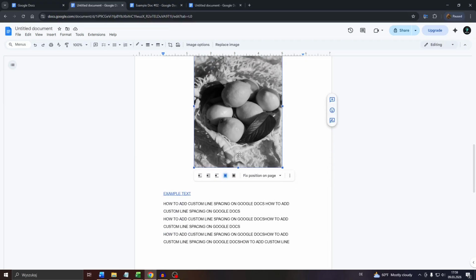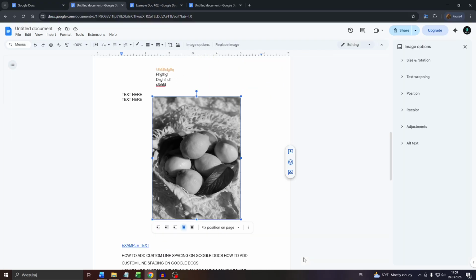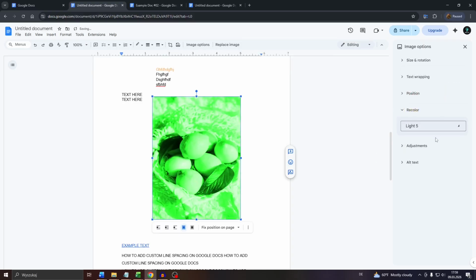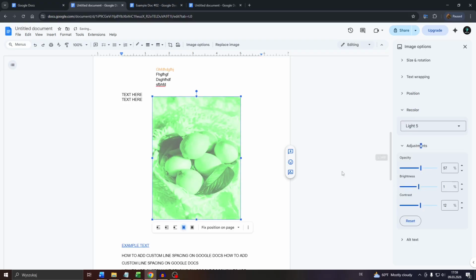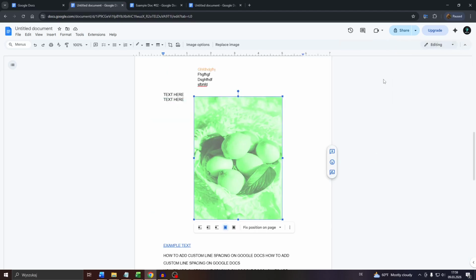Head over to your text document on Google Docs, click into the image, and let's assume, for example, here in the image options you have applied various color filters and changed the image brightness, saturation, etc., or you have customized the size, rotation and so on and so forth. And now I'd like to return to the default settings of that image and remove all of these filters and